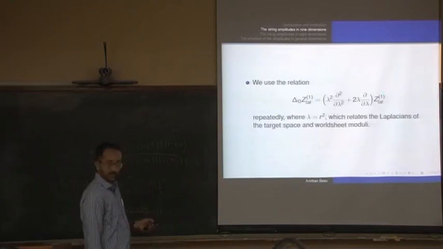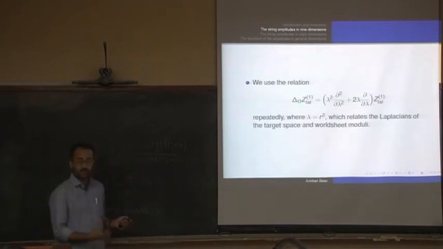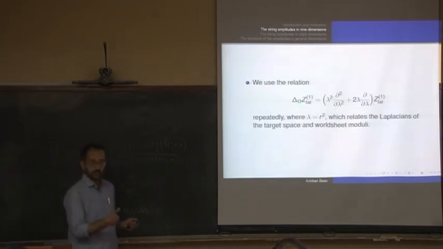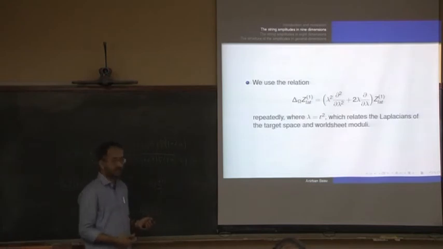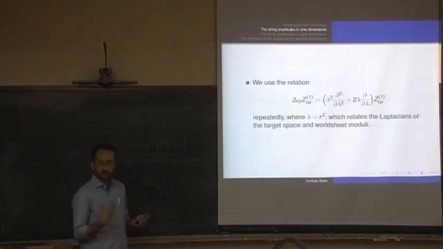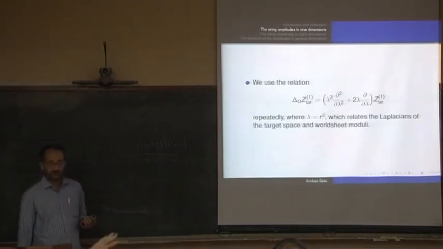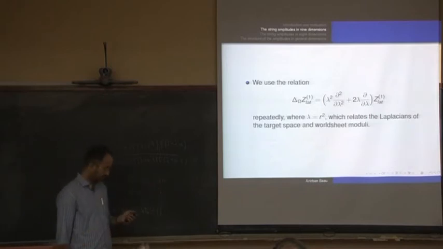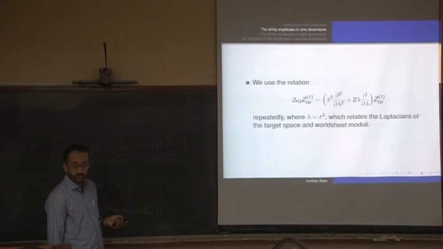It acts only on Z lattice, and you replace this with the Laplacian of the world sheet acting on the lattice. Then you integrate by parts. And when you integrate by parts, the remaining integral is either 1 or Eisenstein series, which satisfy eigenvalue equations. And you have to just be careful about boundary terms. You're saying the thing that appears in the integral is the right hand side? Exactly.